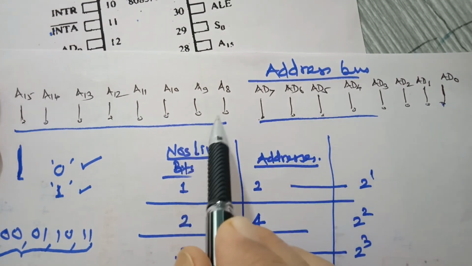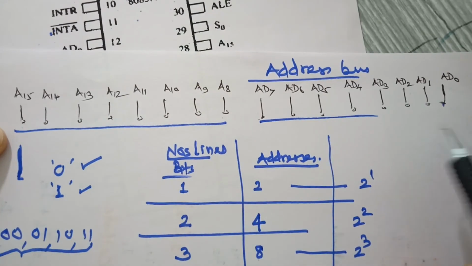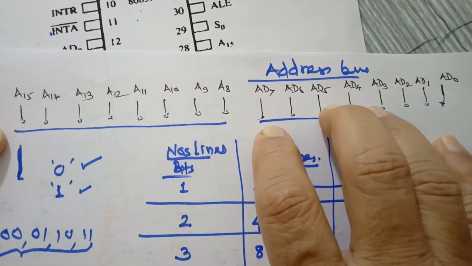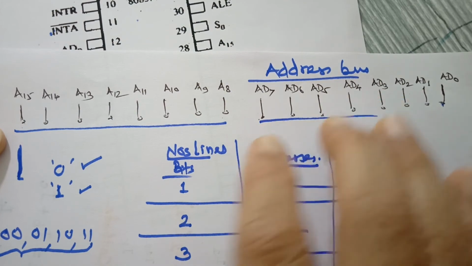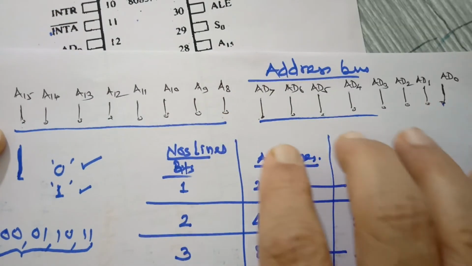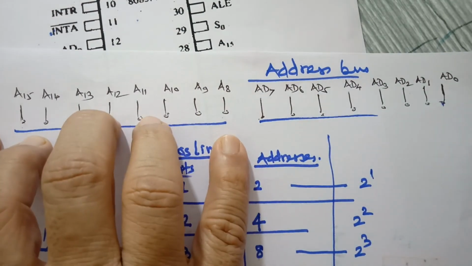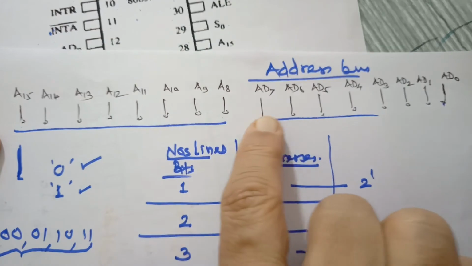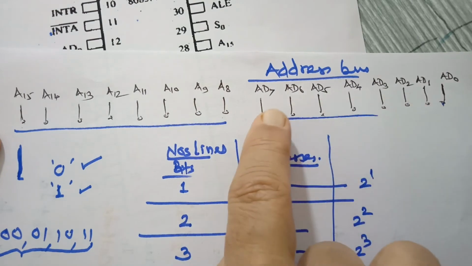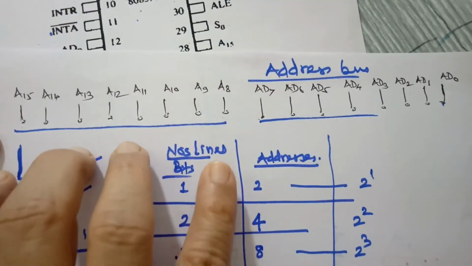AD0 to AD7 and A8 to A15, actually in total these are 16 bit. Now in this 16 bit, on the right hand side we call this the low order bus, least significant bus, and the left hand side the high order bus. Right hand side 8 bits are least significant, and left hand side 8 bits are most significant. So we call this a low order address bus and a high order address bus. AD0 to AD7 carries 8 bits, and A8 to A15 carries 8 bits, together 16 bit.